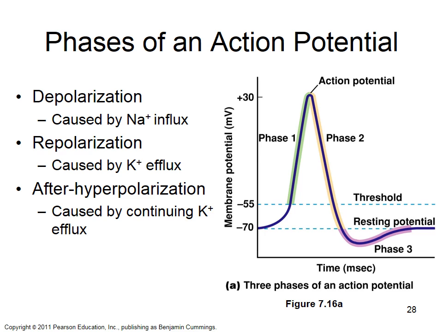Negative 90 or negative 94, depending on what figure you look at, which is below minus 70. So basically, the cell is now freely permeable to potassium, and it almost hits the equilibrium potential for potassium. That's what causes the afterhyperpolarization, the fact that those voltage-gated potassium channels are still open. They've hyperpolarized that portion of the membrane.